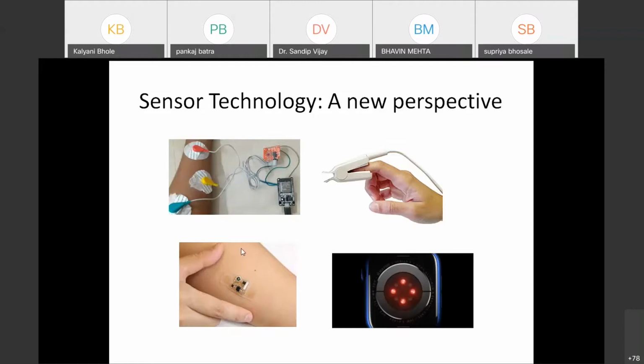So what are the sensors, or how is this possible, that we are going to see. Again, one other example I want to take here is this second picture you can see, a pulse oximeter, which gives us oxygen saturation as well as the pulse rate. When we think of the pulse oximeter, we think of something which is attached to your finger, a probe kind of thing, and this gives you the oxygen saturation and pulse rate.